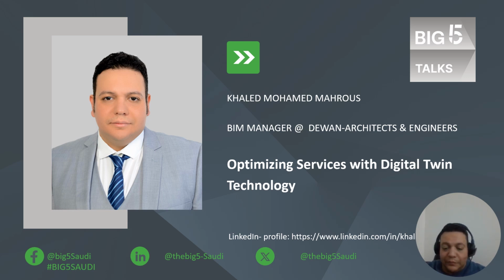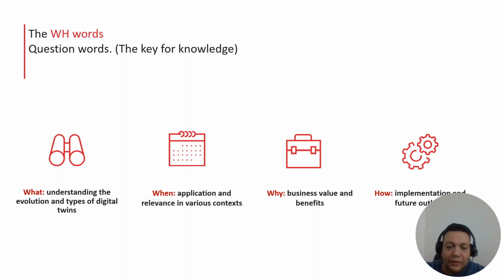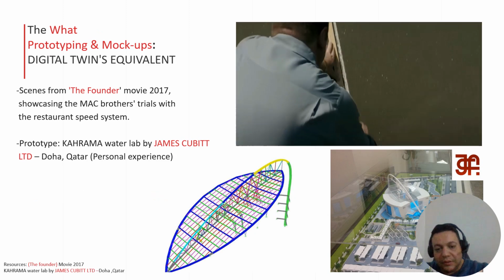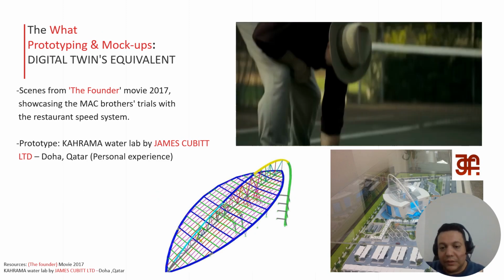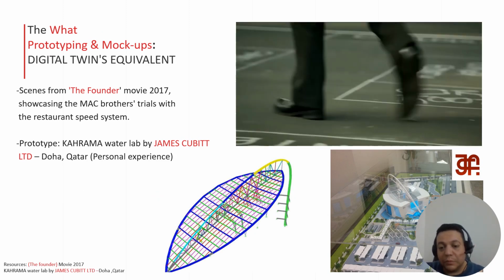So let's go to our next slide. I chose the framework of the WH words, which is what, when, why, and how, to simplify the whole subject and to have a clear vision and insight through our subject today. It would be first, what is the digital twin and what was before. So what was before was